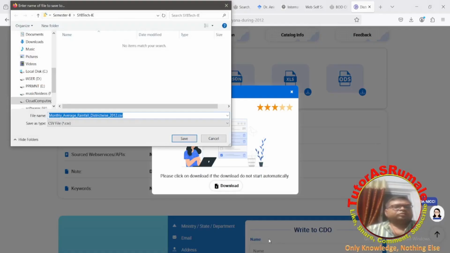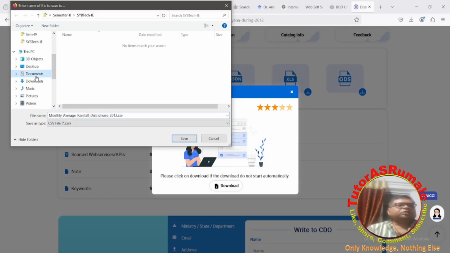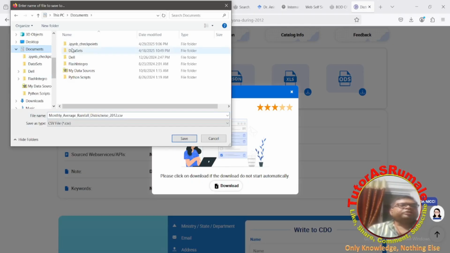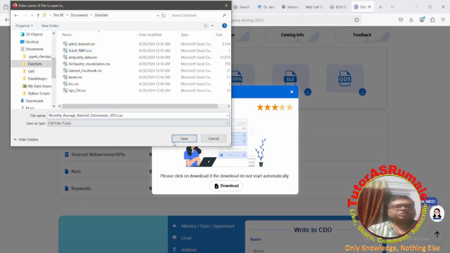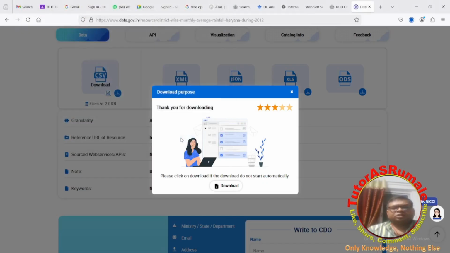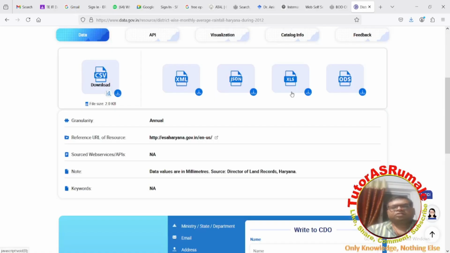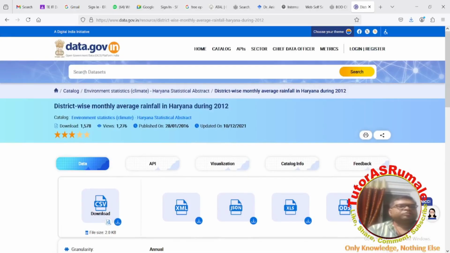So we have to click on this download, and you can get the data set. When you download the data set, generally you need to create a folder. In Documents, I created this folder datasets where I am downloading these data sets. In the same way you can have a folder datasets on your machine, and there you can keep all the data. If you want a data set from any other sector, for example, healthcare,